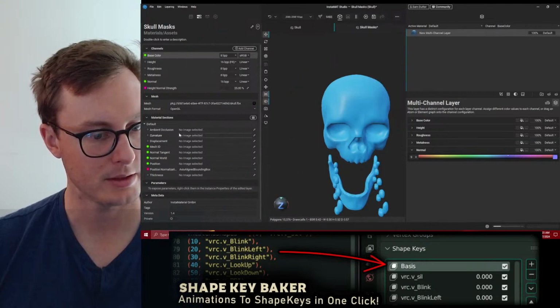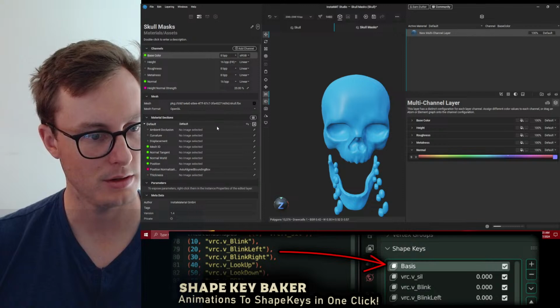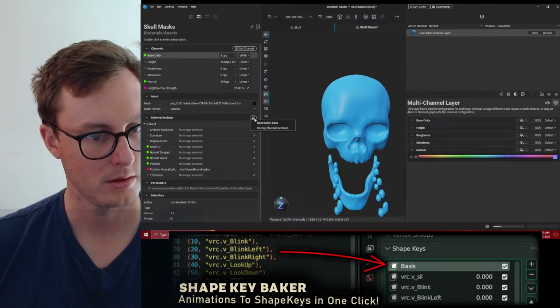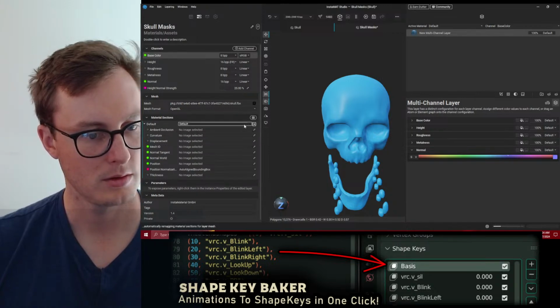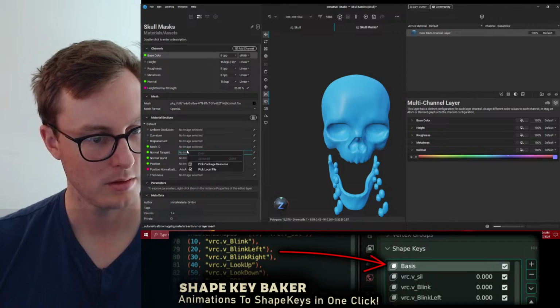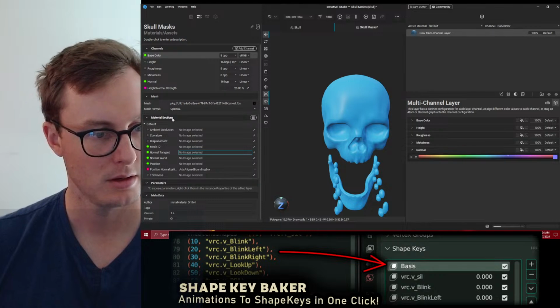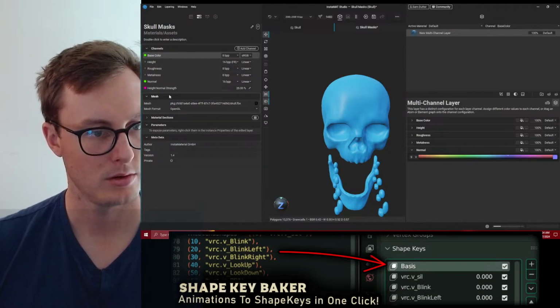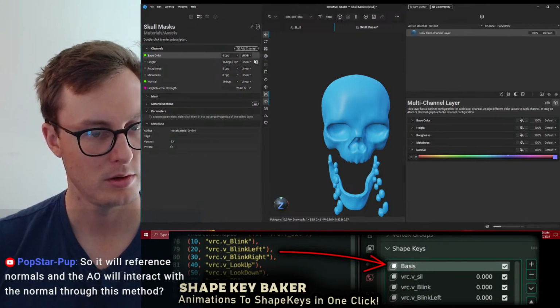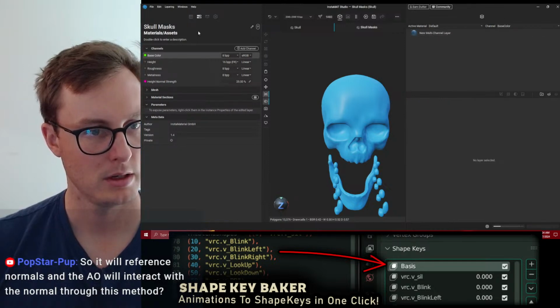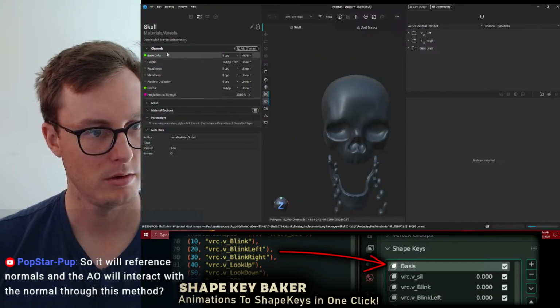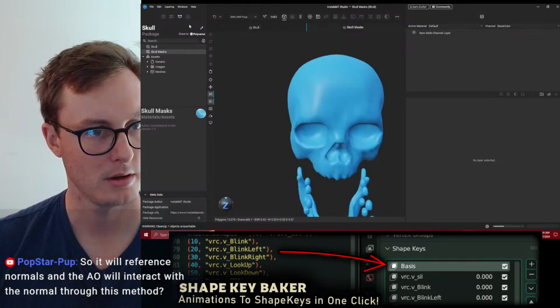Now, is this specific to my project or the skull? I can't get rid of these, so I'm assuming this must be project-based. If I delete this one, does that delete it from my other one? No. Okay, so these are per.